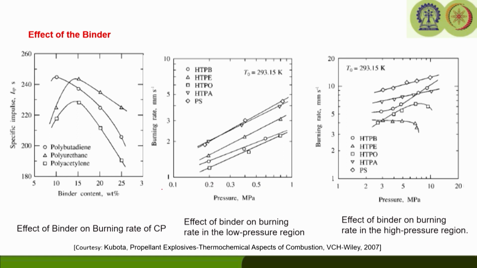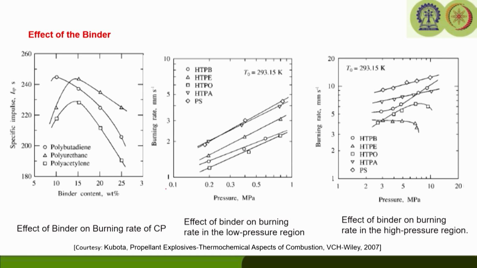Different types of binders have been tried, and of course, they have varying physiochemical properties, as we have already seen during the discussion of the solid propellants. The binder is a kind of structural glue which is going to hold the solid crystals like ammonium perchlorate, or aluminum particles if we have them in the ingredients. So, the binder is going to provide the glue for holding the solid particles within the propellant